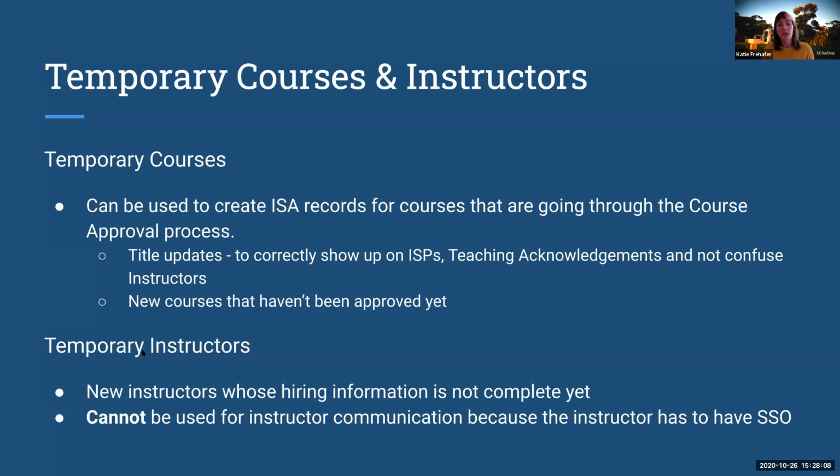Similarly, you can put temporary instructor records into the ISA. That would typically be for new instructors whose hiring information isn't complete yet. You know, in the old system, they weren't in PPS. In the new system, they may not be in UC Path, and there might be some bugs to work out in UC Path. That instructor can be input to the ISA and assigned to a class and approved by summer